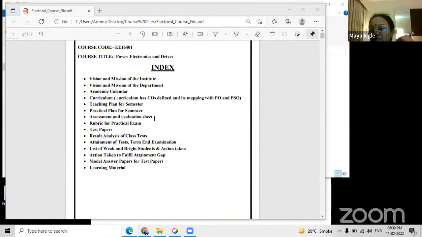And learning material has to be provided. Learning material may be our PPTs. Normally a teacher teaches a subject, but suppose in my case, if I was assigned one subject 10 years back, and I am still going to continue to teach the same subject, it should not happen that 10 years back I had unit 1 with, let us say, 20 slides, and regularly, for a long time, the same 25 slides are given to the students. No, normally a teacher tries to improve